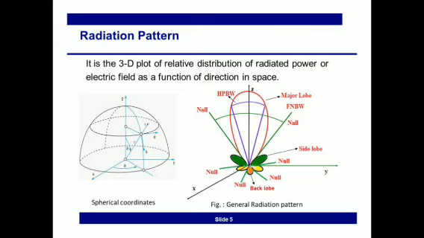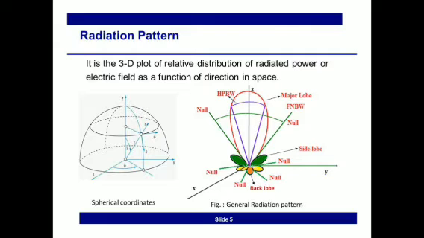of the antenna. The third parameter that can be derived from the radiation pattern is the beam width between the first nulls, also called the first null beam width. Now, at times the effective width of the main beam is given by the angular separation between the nulls around the maximum radiation, that is the major lobe. So this is called the beam width between the first nulls, and it is the angle between the nulls adjacent to the major lobe, which is shown in green.